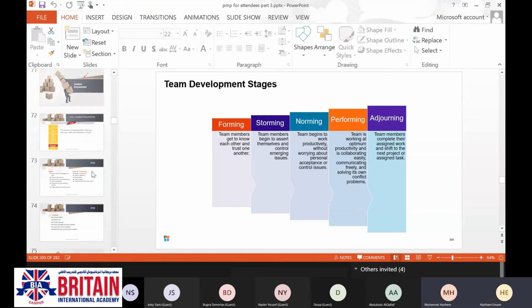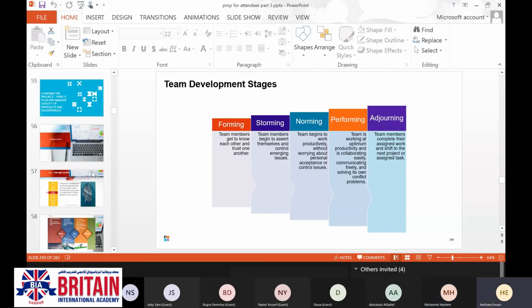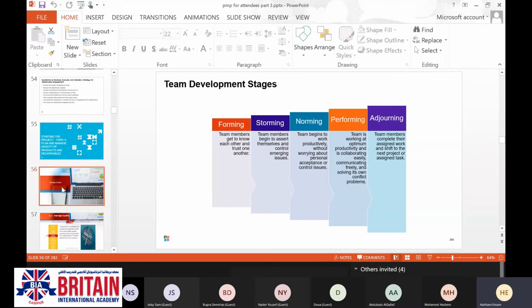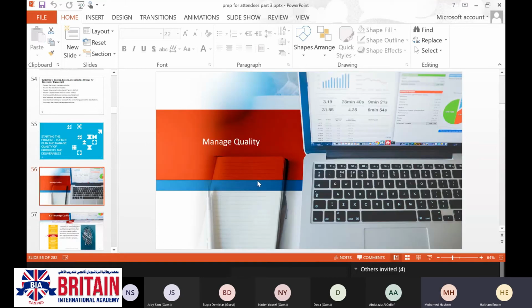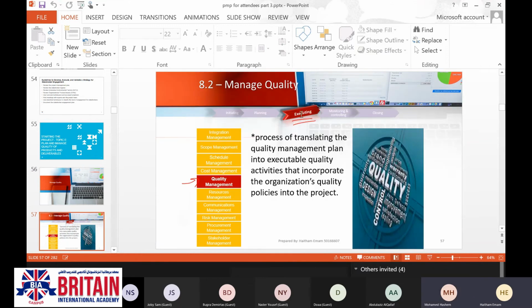Yes. So let me show you something. Now, that is the manage quality process. Manage quality comes under the executing process group, and it comes from the quality management knowledge area.